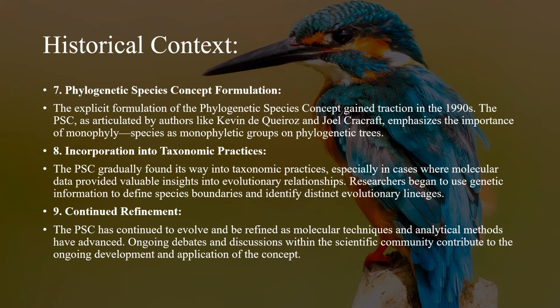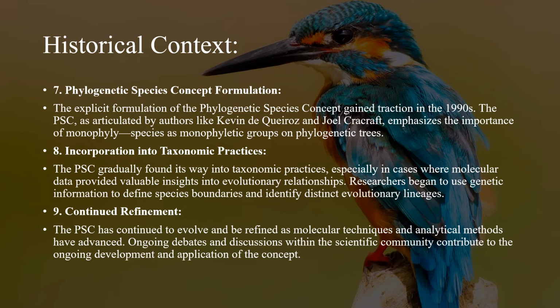And the explicit formulation of the phylogenetic species concept actually gained traction in the 1990s. This concept, as articulated by authors like Kevin de Queiroz and also Joel Cracraft, emphasizes the importance of monophyly, species as monophyletic groups in phylogenetic trees. And this concept gradually found its way into taxonomic practices, especially in cases where molecular data provided valuable insight into